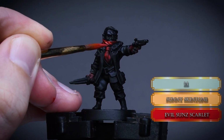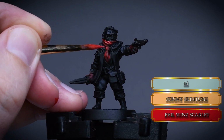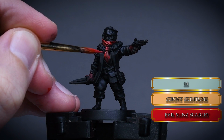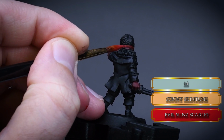Let's mix some sunny skin tone to the Evil Sun Scarlet to push the contrast and make this scarf look silky smooth like Granny's butt cheek. Catch those raised folds with a thin consistency and blend in this color with some glazing, moving the paint from the darker to the brighter parts. And don't forget to wipe off the excess from your brush on a paper towel